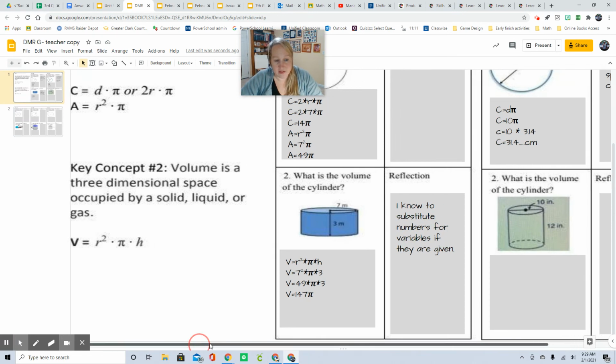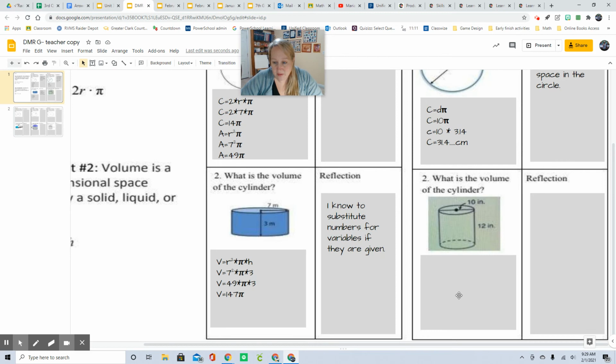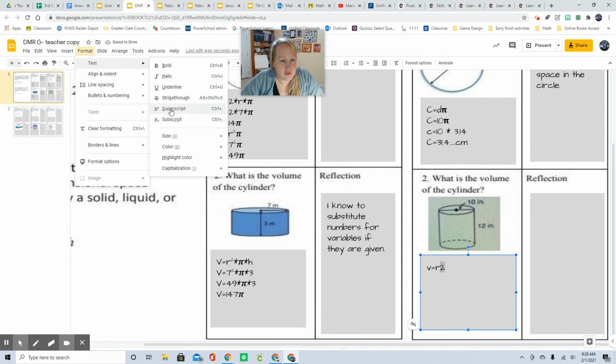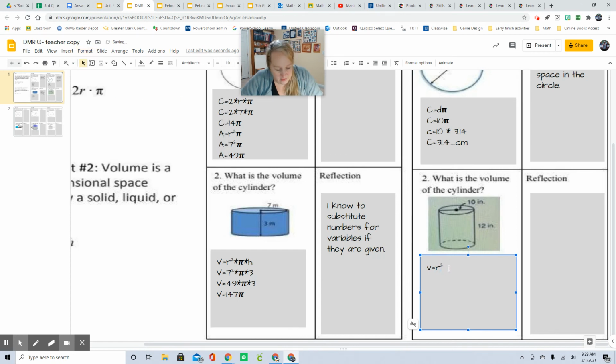And our formula is the radius squared times the height. So volume equals R squared. Format text, superscript, and then control period. R squared H, and I'm going to get my pi, control C,